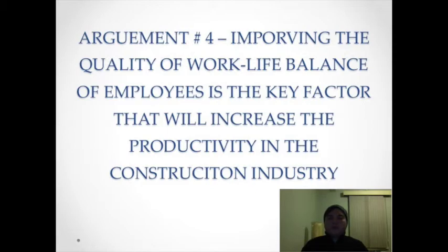Improving the quality of work-life balance of employees is a key factor that will increase productivity in the construction industry. As we all know, the construction industry is a challenging environment in which to work, with job characteristics that are linked to work-life conflict, and it is important for its future sustainability that initiatives support employee work-life balance. Various results from respective studies suggest that different stages in employees' life and career are ideal, and also